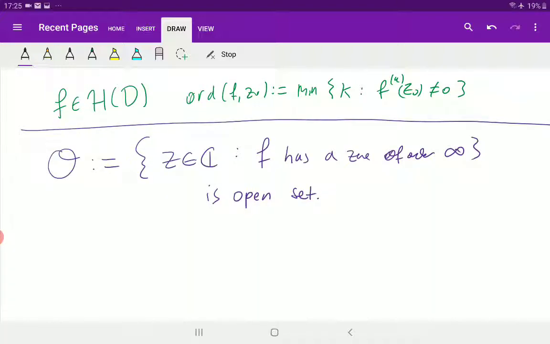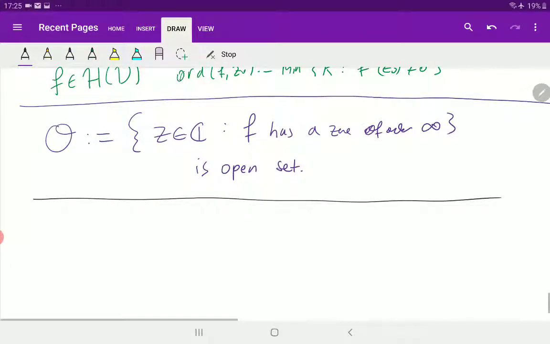What this basically means is that at z0 all the derivatives vanish. I'm getting a bit ahead of myself. So why is it true that this set is open? Well, we look at the Taylor expansion. We have to look at the Taylor coefficients. If f has a zero of infinite order at z0, then all the Taylor coefficients at z0 vanish. So if we use Taylor's theorem here,